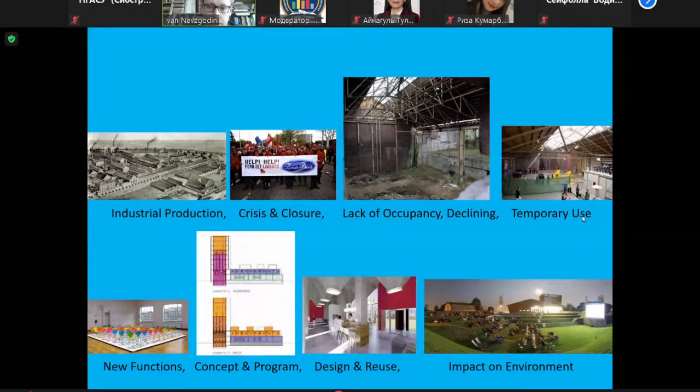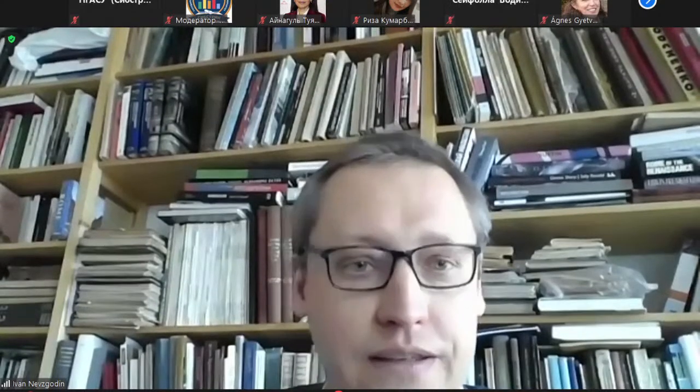By temporary use, they are trying to check if a new function fits in these buildings. And then at this stage, they will invite an architect and designer to make a concept for reuse, and to develop the program further. And then they will execute this design. Sometimes you will start with a small part of this industrial building, and this will activate the whole environment. That's how the territory changes, and post-industrial territories nowadays are really very popular with young people and the creative industry. And I think this is my last slide, and maybe we can have a discussion and some questions about